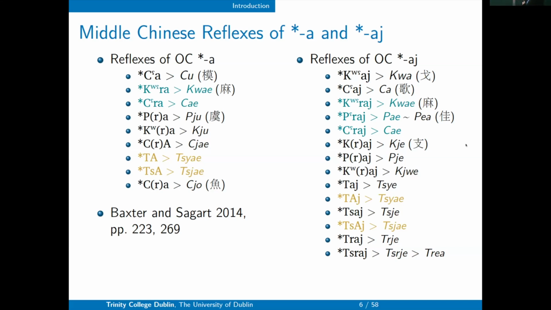We can also notice that in the upper right side, the Old Chinese *I in type A syllables lost its final *E and became Middle Chinese *R. Then we can think that at that time, the syllable groups represented by the Old Chinese 歌部 would be the same as those of Old Chinese *R. So if there is a delay of Old Chinese *R, there will be some interactions between them. So that's the general background.